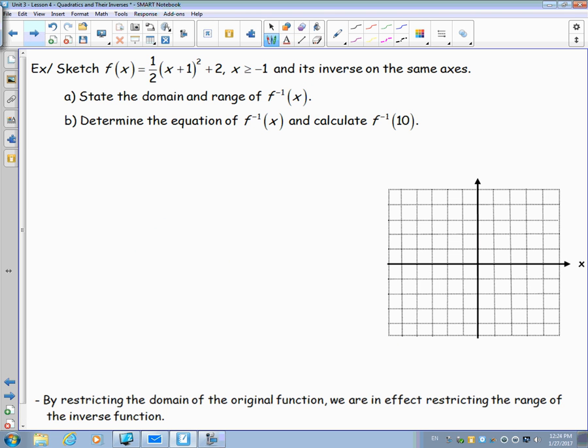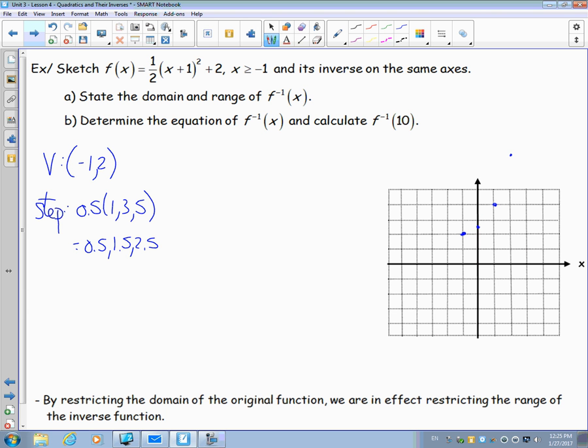Okay, you guys are going to try some stuff. So pause it, give it a try. So we're going to sketch, we're going to figure out equations, we're going to do all that good stuff. So let's sketch the function first. What do I need? My vertex, my step, 0.5 times 1, 3, 5 is 0.5, 1.5, 2.5, negative 1 and 2. I need to go over 1, up a half, over 1, up 1.5, over 1, up 2.5,